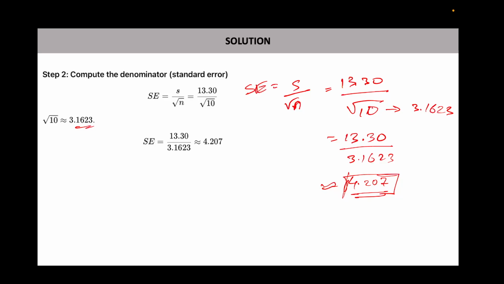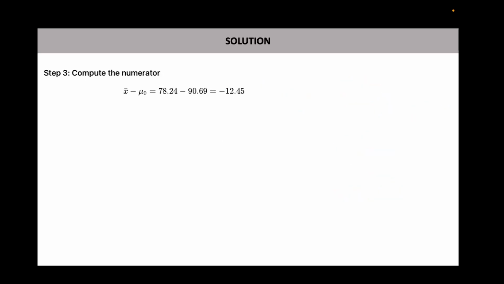Now, with this, we need to compute the numerator. Your numerator is the difference between the mean value that is calculated and the mean value that is hypothesized. The calculated mean value was 78.24 and the hypothesized mean value was 90.69, which comes to a difference of